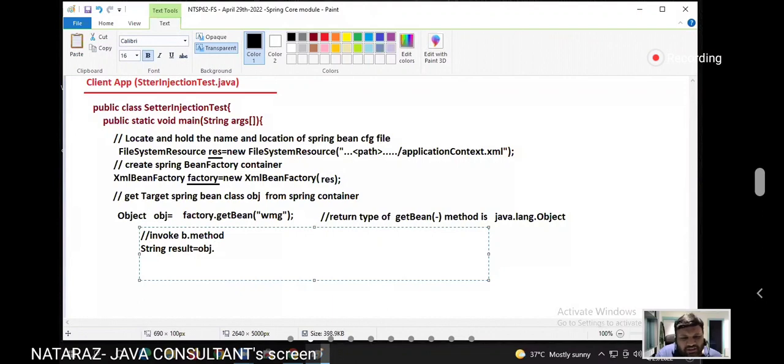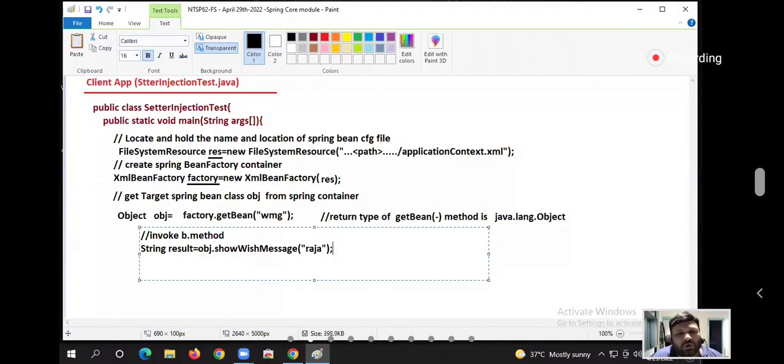Is showWishMessage("Raja") a valid statement or an invalid statement?